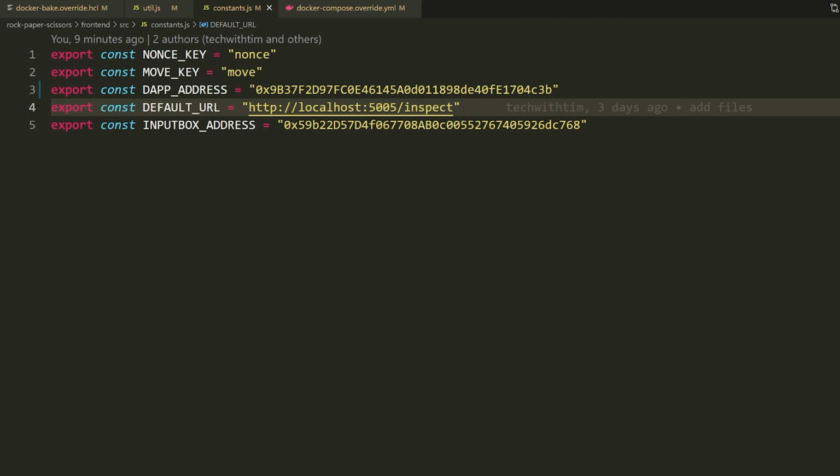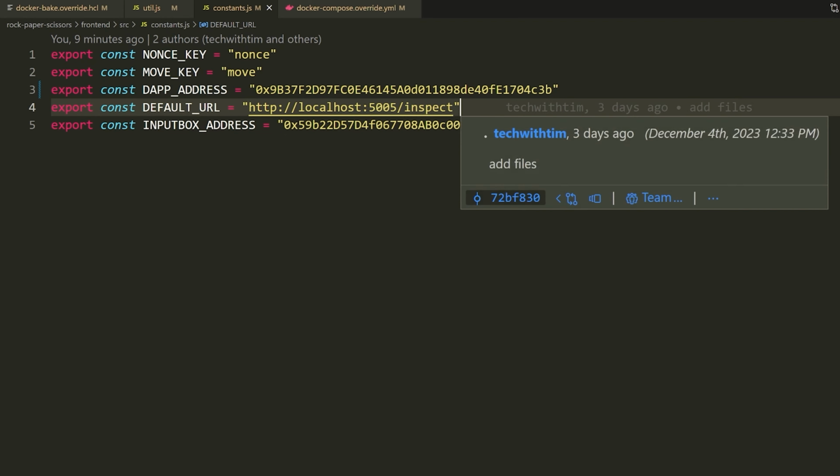Now, in this instance, since we're running this validator node on our local computer, this is going to work completely fine, and we don't need to change anything because we're connected to our own node running on localhost. If we wanted to connect to a different node that wasn't running locally, then what we would need to do is put the public IP address of that node or whatever the domain is, and then